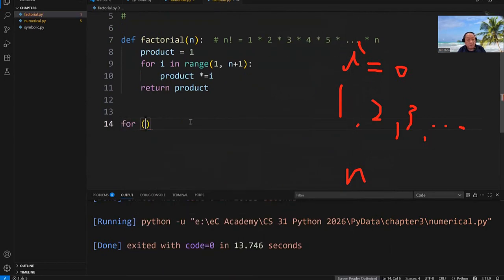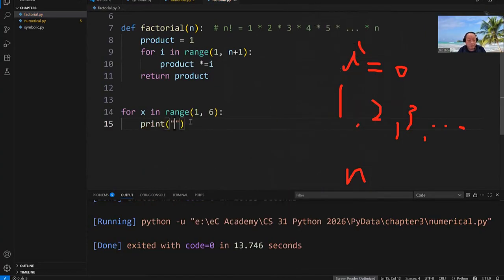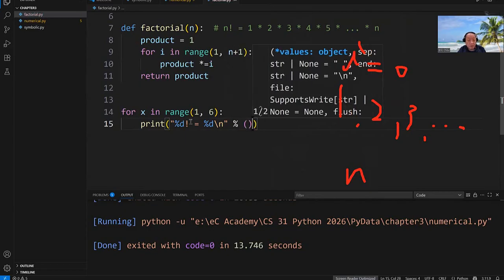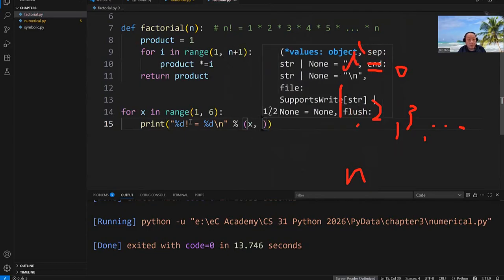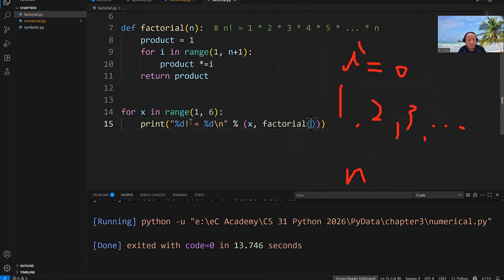Okay, so that's here. Let's do for x in range 1 to 6. Okay, and then print "%d! = %d" % (x, and the factorial of